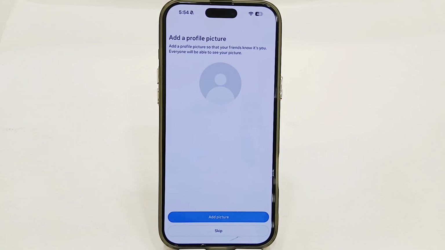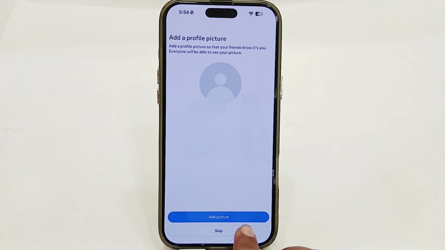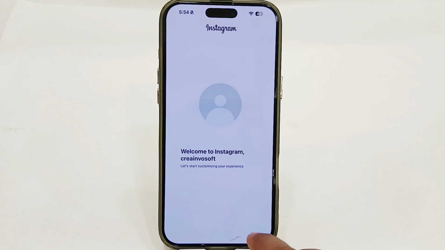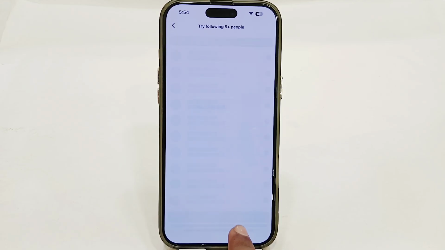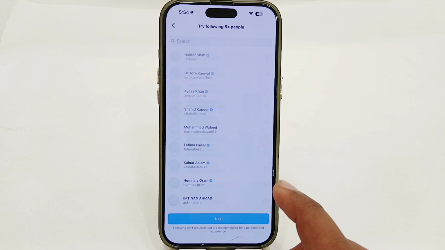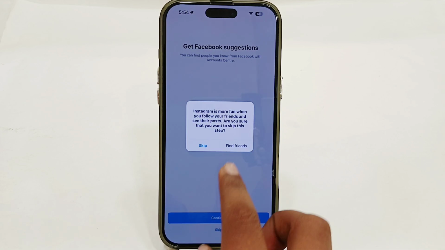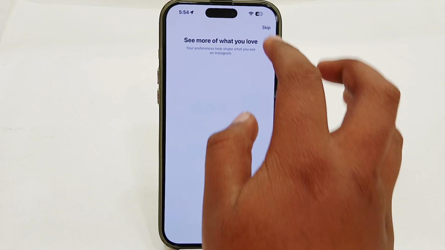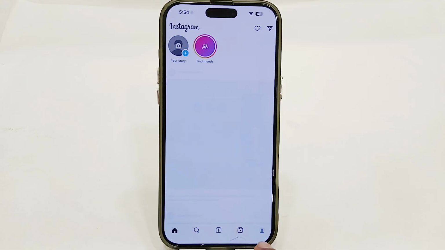Once your account has been completed, you can add a new profile picture, or I'm going to skip this one from here. Now on this page, you can allow Instagram to access your contacts. So I'm going to select skip again. And here you have to follow 5 people. So I'm going to select next. Then tap and skip this one. Then skip this again. Now once you're on your profile page, you just have to tap on your profile option